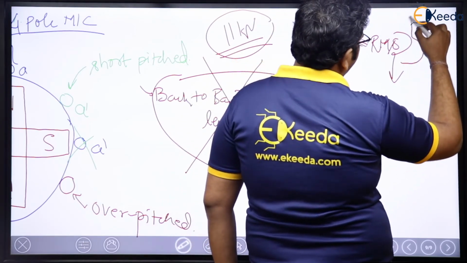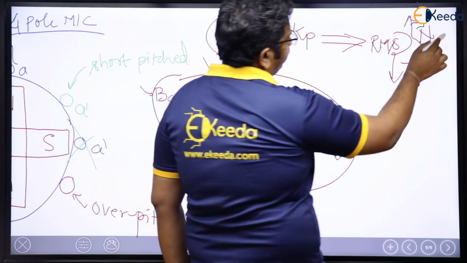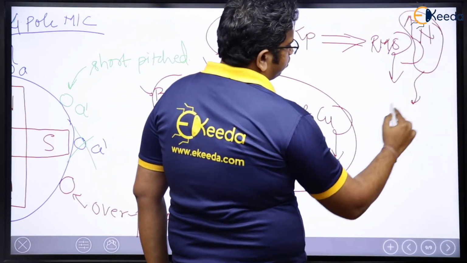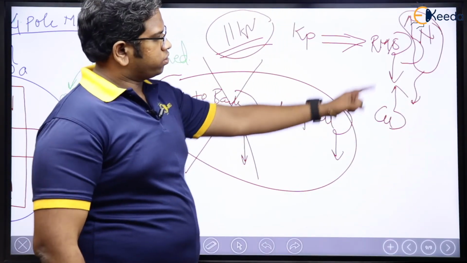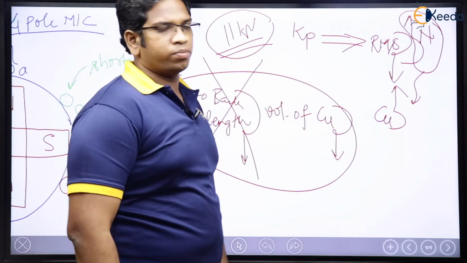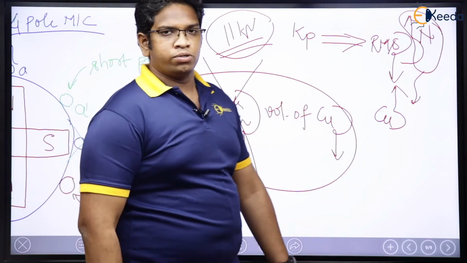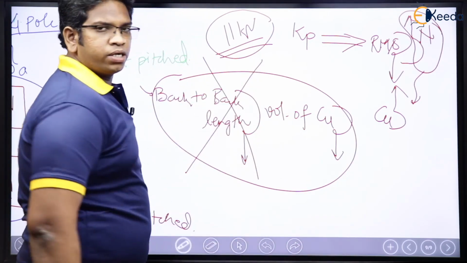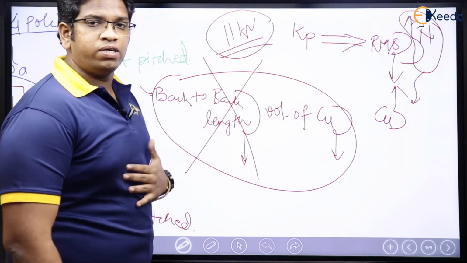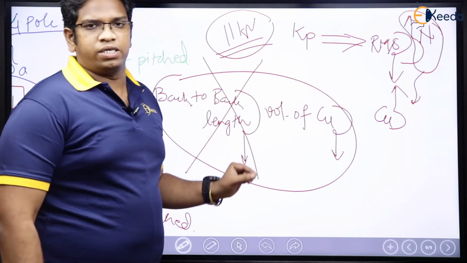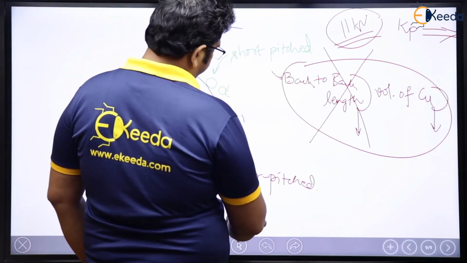I should increase the number of turns. Now, the moment the number of turns is increased, is more volume of copper required or not? More is required, no? Because the number of turns is increased now. That is the reason the volume of copper requirement is more. So those people who are saying this is completely wrong, it's completely wrong. But now I will tell you what their interpretation is.